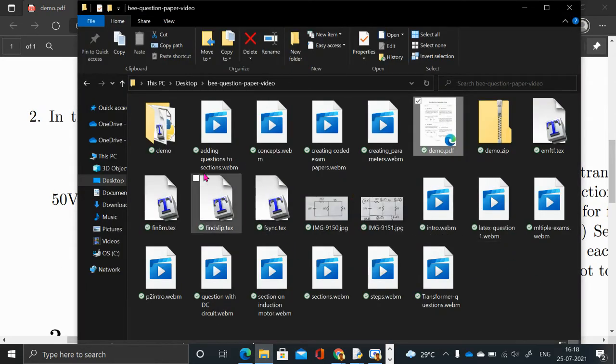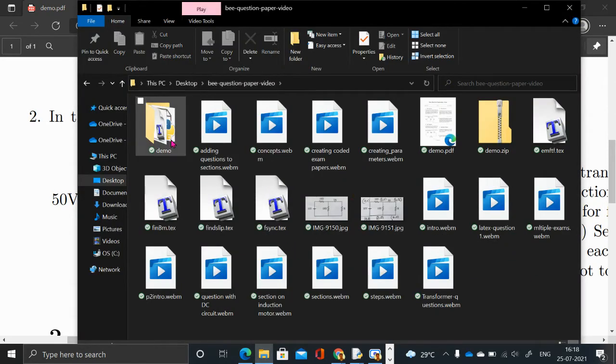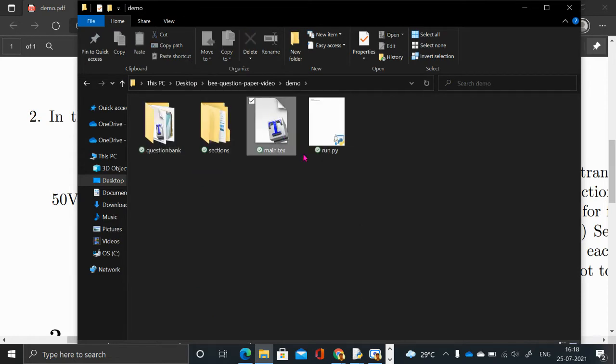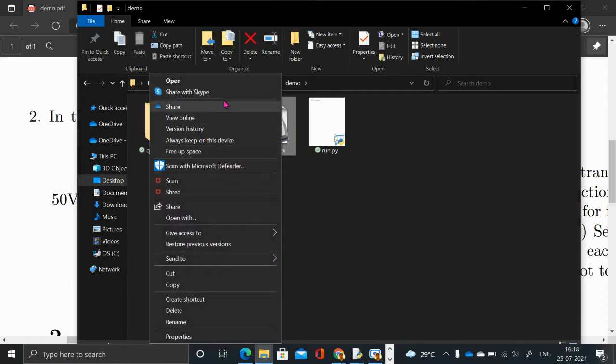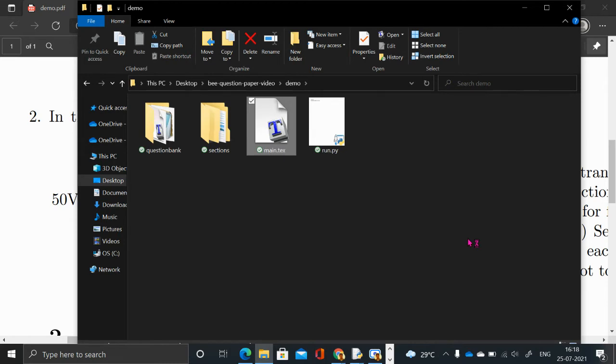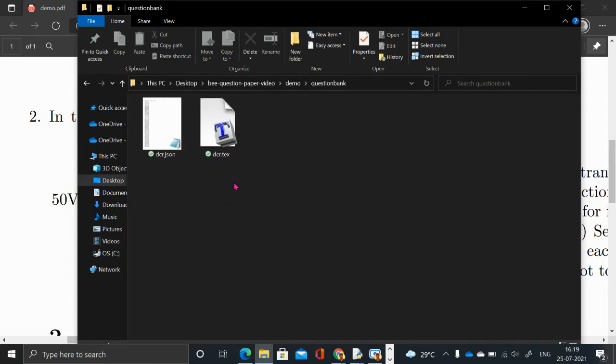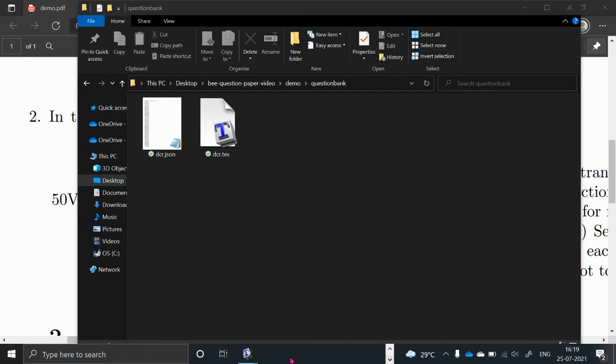The LaTeX source of this was in one file called main.txt. Just for copying the code, I will open that file, and from there I will copy the code and create a new question in the question bank. Right now the question bank contains only one question, with one text file and one JSON object. Let's see whether that file got opened.